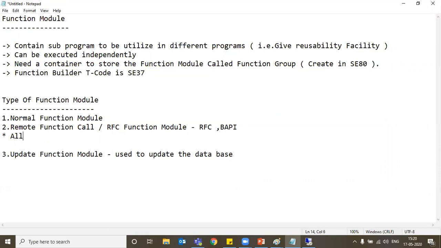Sorry, I wrote this wrong. All BAPI function modules are RFC function modules, but vice versa is not true. Okay, got it.